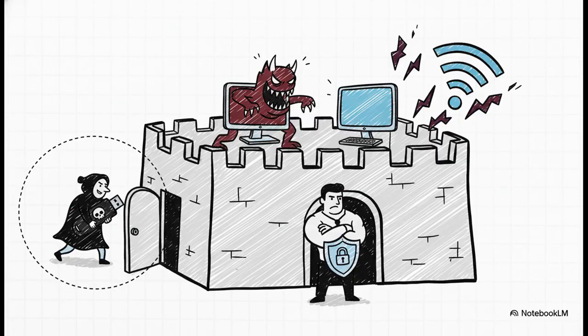But, and this is so important to remember, a firewall isn't a silver bullet. The bouncer at the front door can't stop someone who sneaks in through an open window in the back. So if you bring an infected USB drive into the office, you've just bypassed the firewall completely. It also can't do anything about a threat that's already inside your network. This is exactly why we need layers. The bouncer is just one part of the security team.